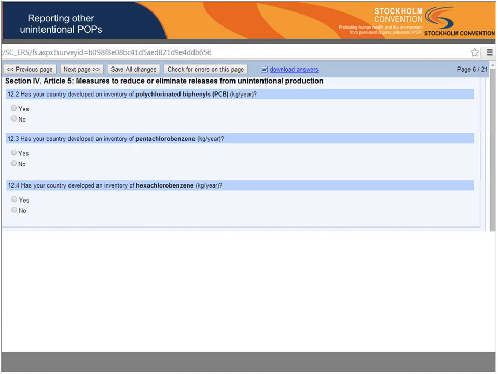Now, the last issue I would like to say a few words about is reporting of other releases than dioxins and furans. In the updated version of the toolkit, we have also included emission factors for PCBs, polyfluorinated biphenyls, and also some factors for pentachlorobenzene and hexachlorobenzene. However, it is very important to